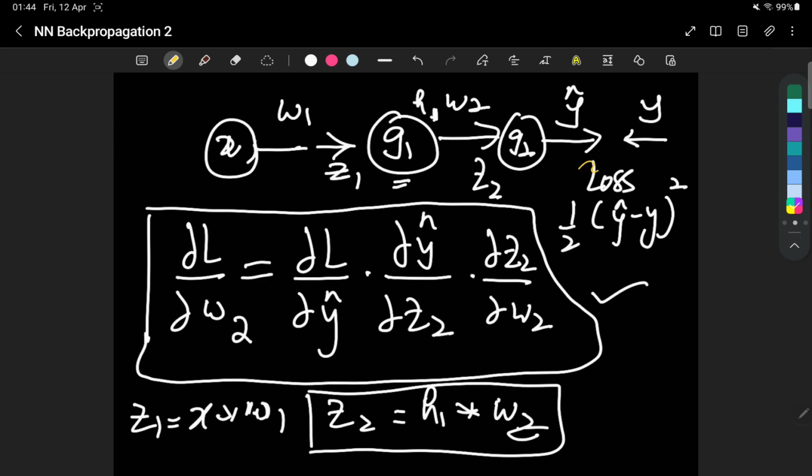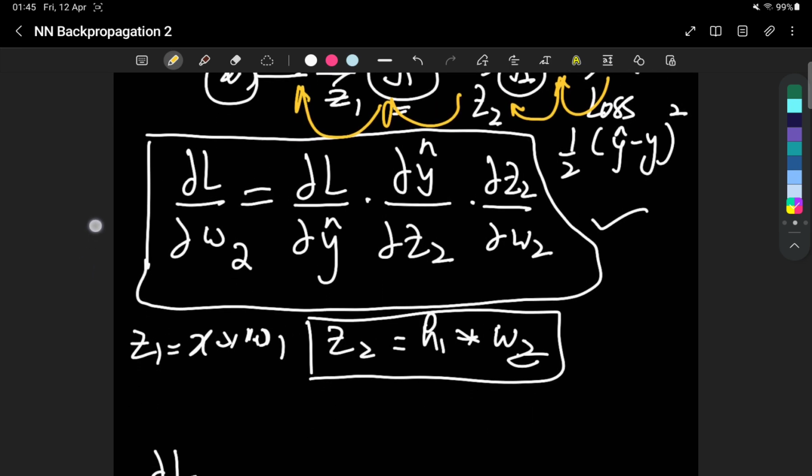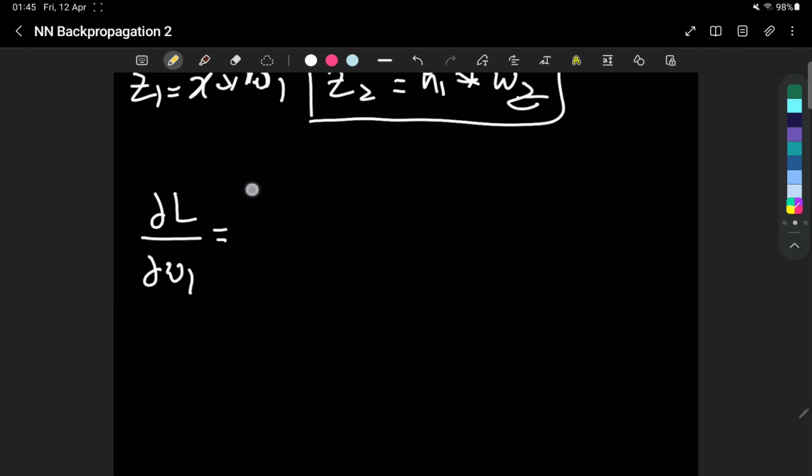तो इस केस में it would be partial derivative of the loss function with respect to y hat, then partial derivative of y hat with respect to z2, then a partial derivative of z2 with z1 with respect to the input that is going into the network. So partial derivative of this, and then this partial derivative with respect to w1 will be our primarily the thing. So इस केस के अंदर this would primarily mean that you will have the partial derivative